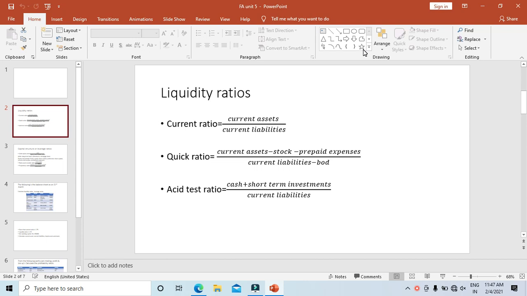What I have done in my last classes, I have explained to you regarding ratio analysis and different types of ratios. So today we are going to do a problem on that. The very first four are all together: liquidity ratio, solvency ratio, profitability ratios, and turnover ratios. These are the four different types. The very first thing we are going to cover is liquidity ratios. Liquidity ratios are divided into three: current ratio, quick ratio, and acid test ratio.